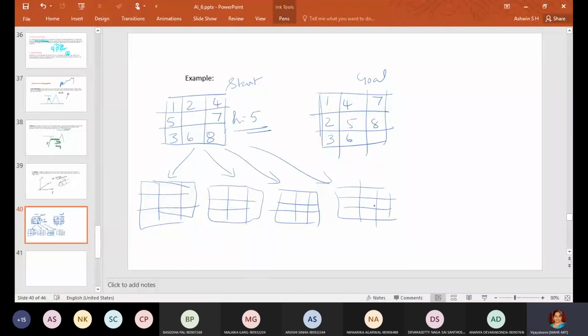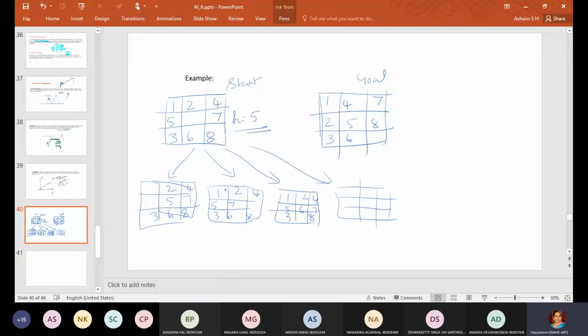So here I'll write 1, 2, 4, 5, 7, 3, 6, 8. 1, 2, 4, 5, 7, 3, 6, 8. 1, 2, 4, 5, 6, 7, 3, 8. Like this you write.